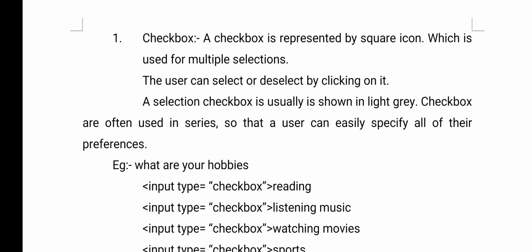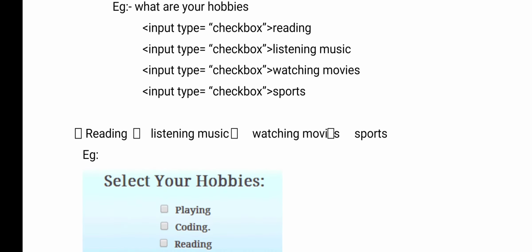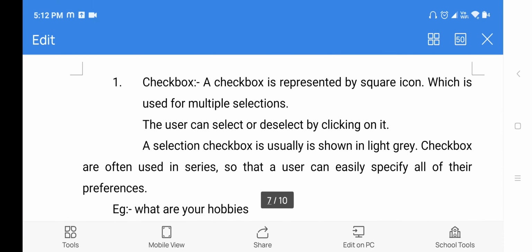Here, as per the definition, a checkbox is represented by a square icon. See, before the reading, what you have? A square icon, which is used for multiple selections. If you are collecting multiple input values for one input field from a user, there you can use checkboxes.